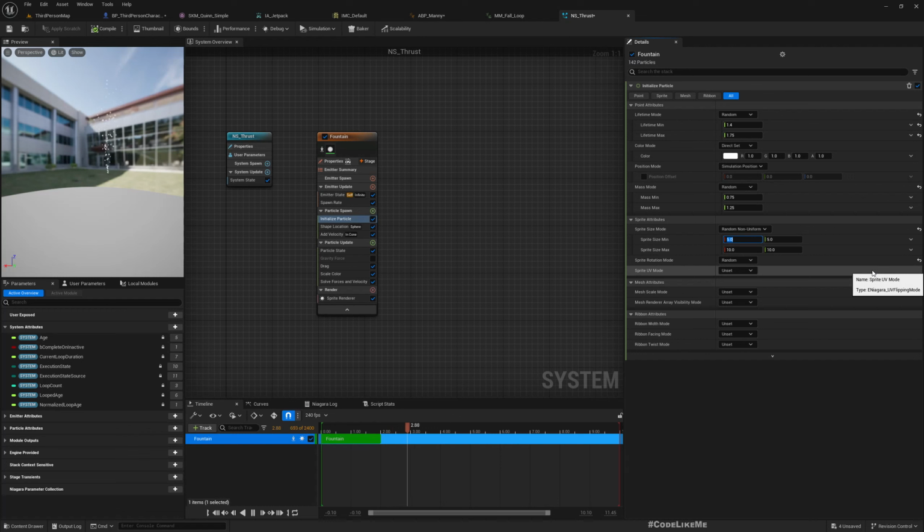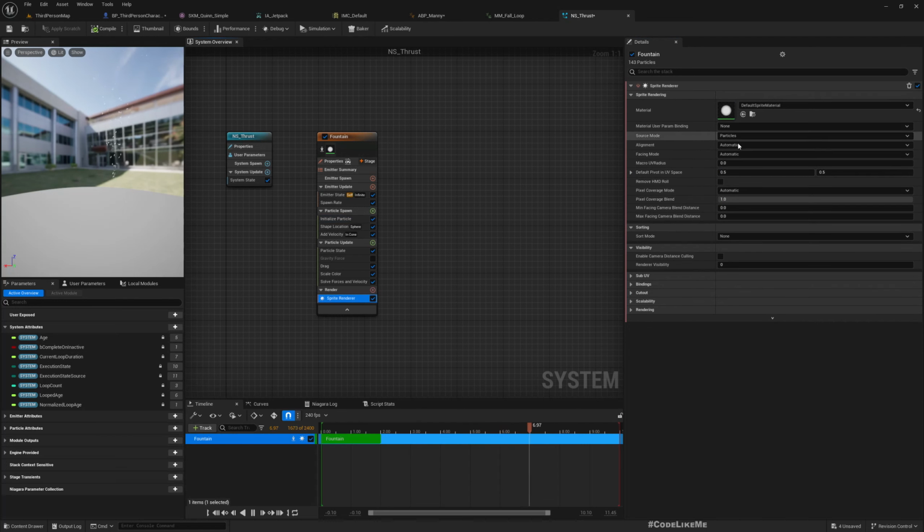So x, let's say 1 and 3, this is 7 and 10, right? And then I'll align this to velocity. Okay, now the lifetime should be much lower,